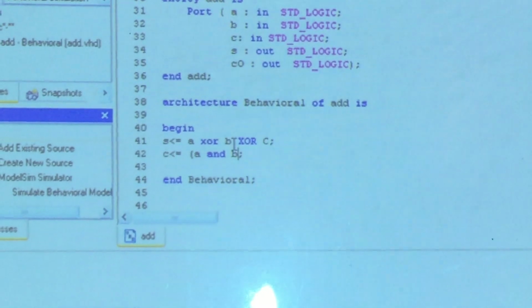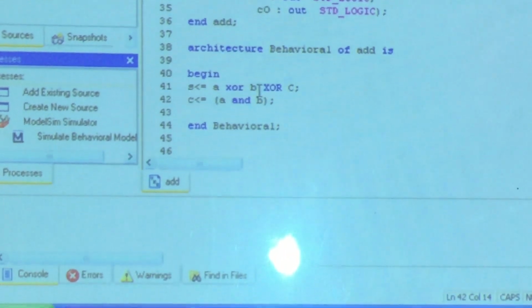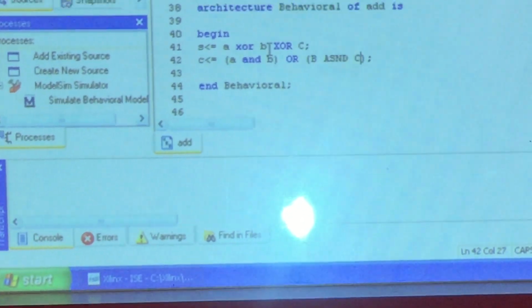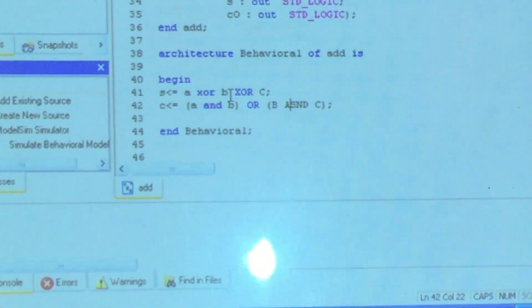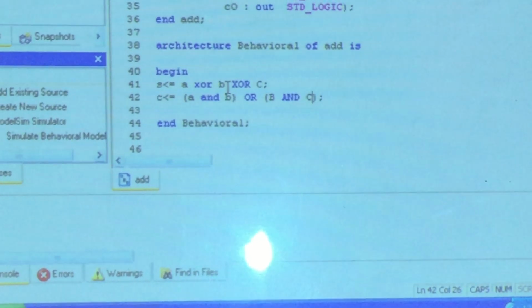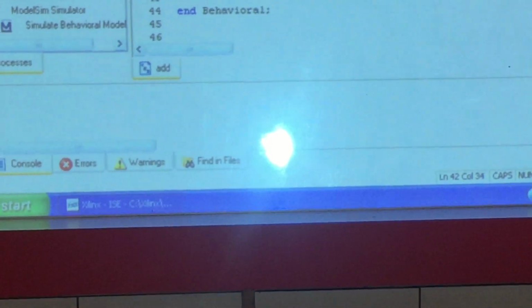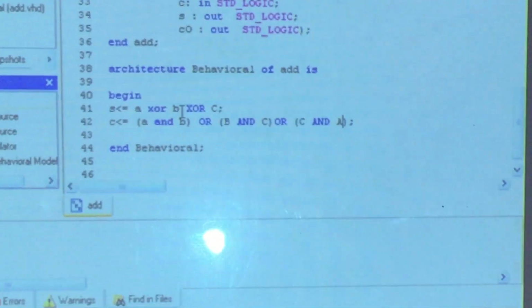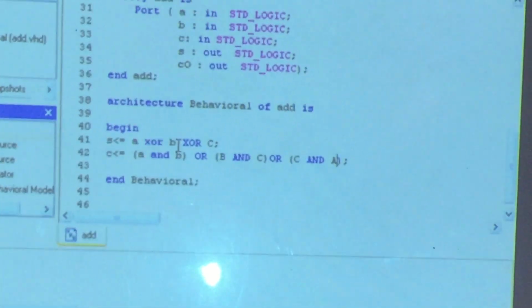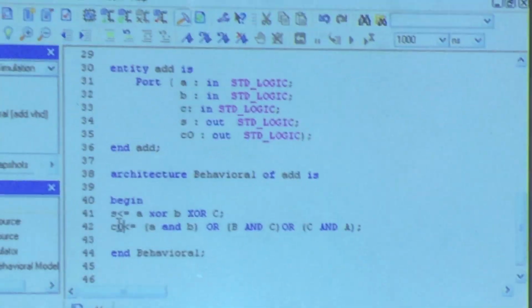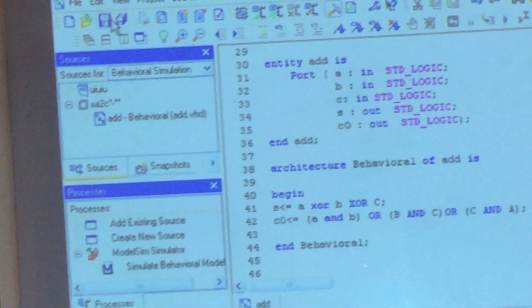AB is nothing, it's very clear, A and B, plus is nothing but OR, open and close, BC, B and C, CA, AB plus BC plus CA. Okay, so you change the C, because we have given it as 0. Okay, so save the program.